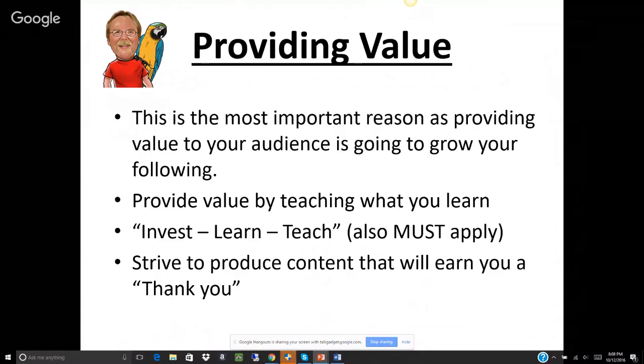So you really want to strive to produce content that will get you a thank you. If that's your whole goal out of producing any videos or any kind of content at all, it should, at the end of the day, provide some value to your target audience. And if you can get a thank you for it, then you've done a good job. And that's what my intention here tonight is, to hopefully give you enough value that you think it was worth your time for being here, which I know your time is precious. So I really do thank you for being here.